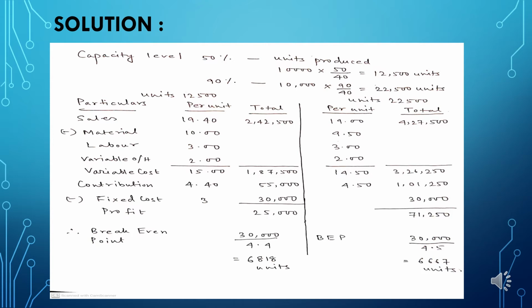So if you can see, initially the per unit selling price was 20. If we deduct 5% from it, per unit selling price becomes 19, and a similar kind of treatment of initial material cost of 10 has been done here. Deducting 5%, we get 9.5. So simultaneously the total variable cost shifts to 14.5, the contribution shifts to 4.5 per unit, whereas the total contribution